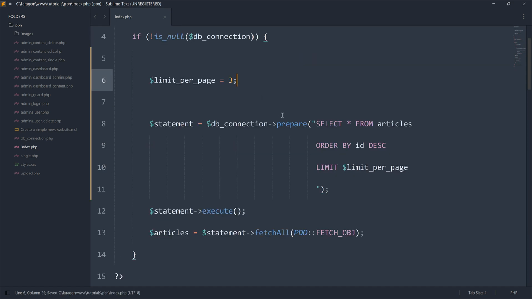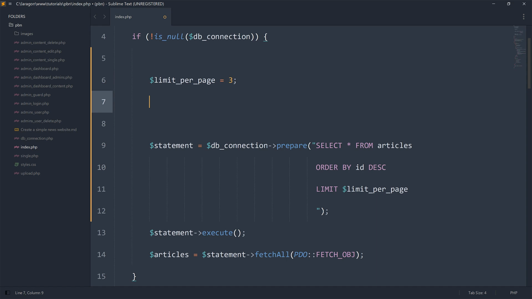Once we have that, the next thing we would like to know is what page we are on. Are we on page 1, page 2? In this case, we are fetching this because these are the first articles we got based on this query, this order here. So we need to know what page we are on. So we need to get the page 2. The page